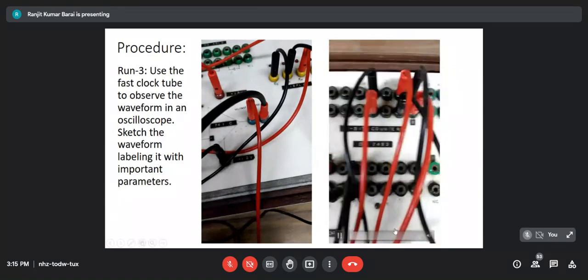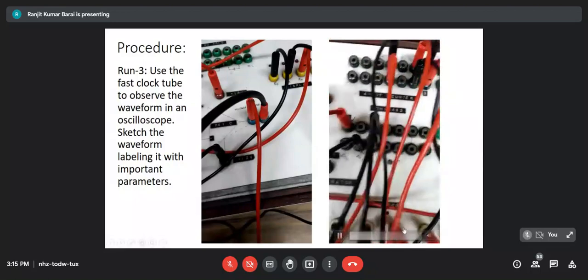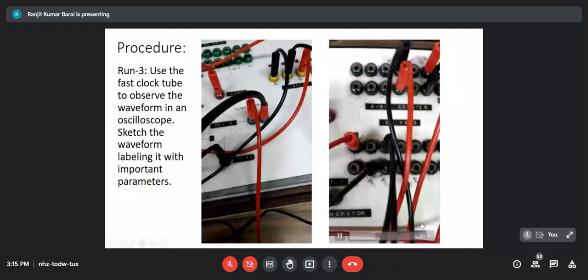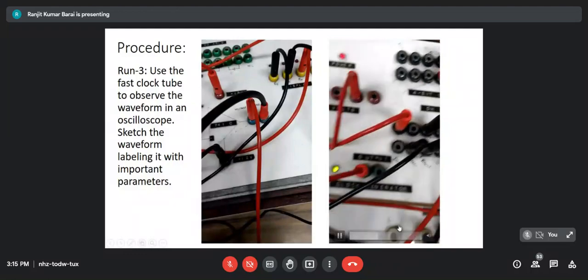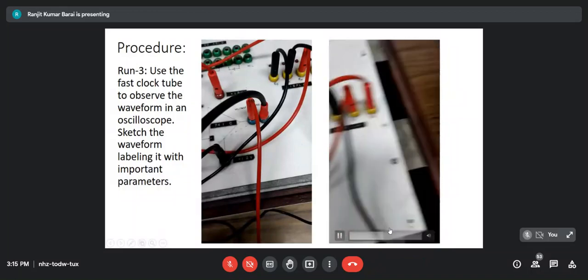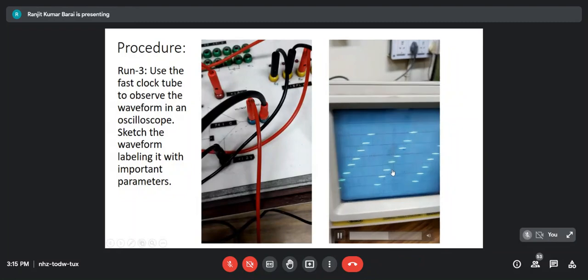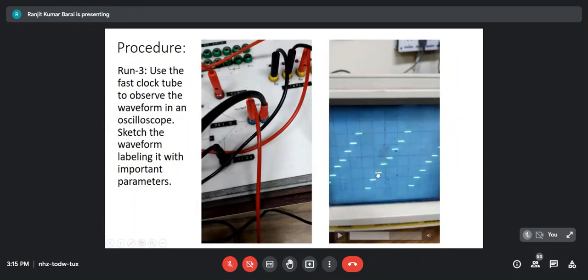Please compare the earlier connection and this connection. It's quite evident that 1 bit has been reduced. The rest of the bits are the same. Now the waveform got modified like this. Now there are only 8 levels, 2 to the power 3. So 1, 2, 3, 4, 5, 6, 7, 8 levels for each cycle. Once the counting reaches the maximum value, it will reset and start counting from the beginning again.